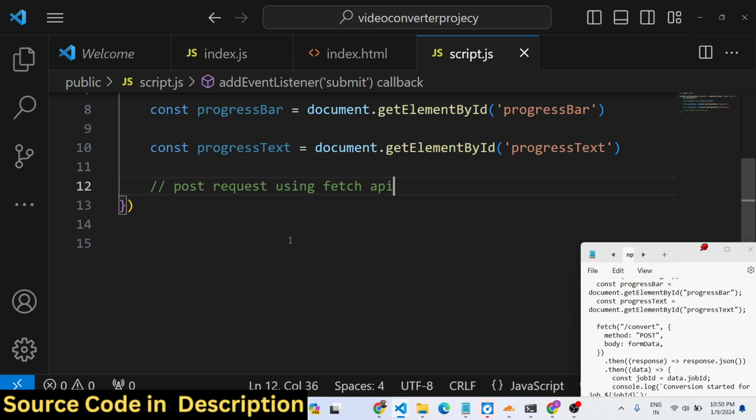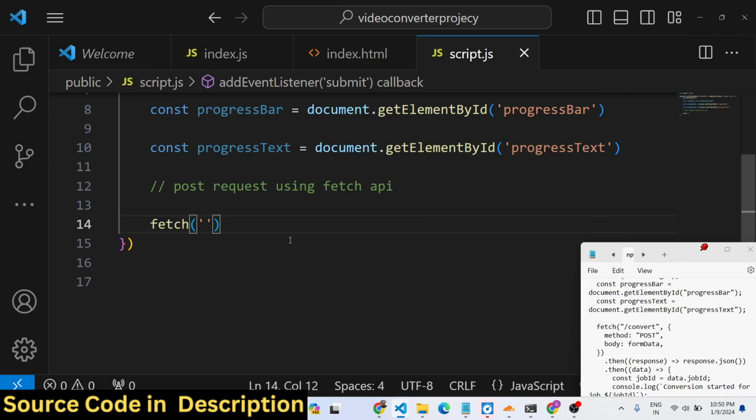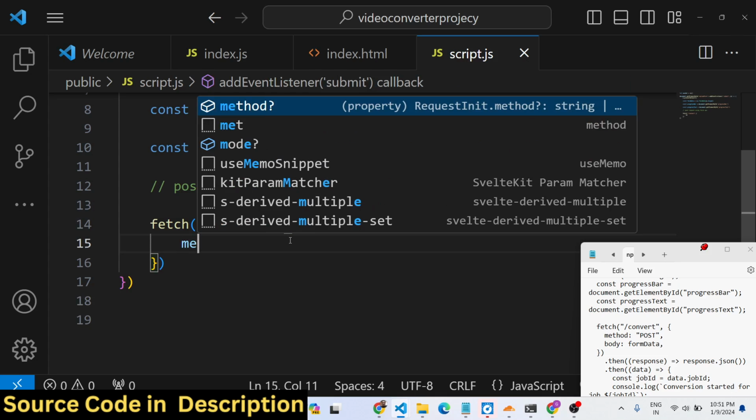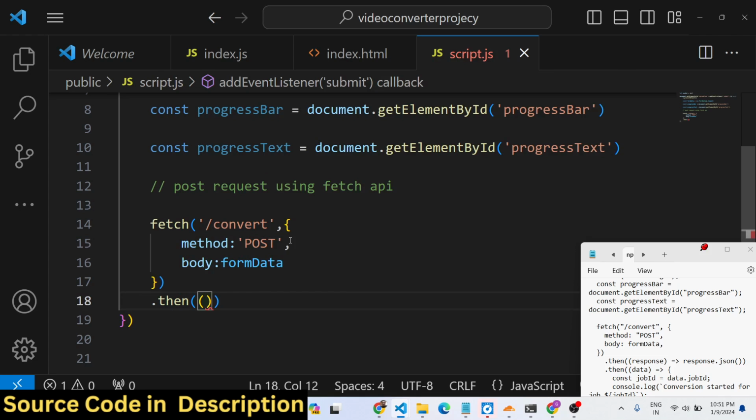So the fetch API is built in. You need not install any library for this. We will make a fetch request to /convert, and this will be an actual POST request. So the method will be POST, and we will pass the actual form data object as the body. This returns a promise, guys. As you all know, we will handle this promise with .then, and we will get